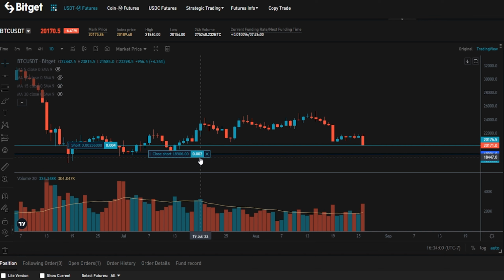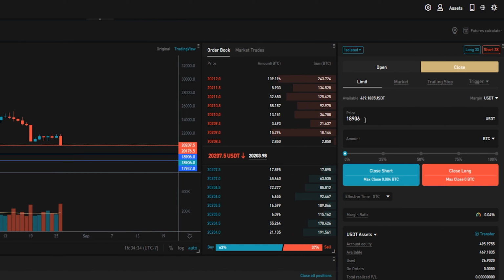Now let's set two more targets if price is to get through that level. Maybe we want to target these wicks right down here. So let's go ahead and grab a horizontal here from the drawing tools. Let's go ahead and mark that first wick, something like that. Now we can see on the y-axis of the chart that there's a price point correlated to that horizontal at 17,937. So let's come back up here to the order panel and let's type that into price,